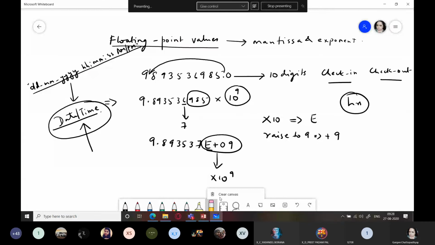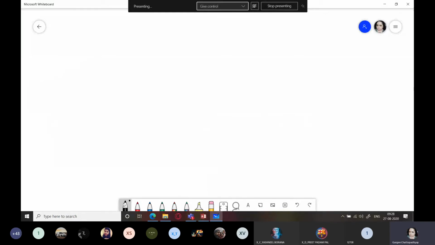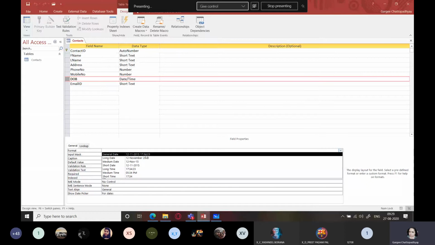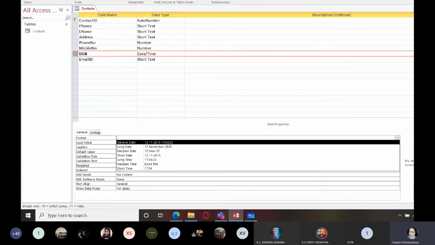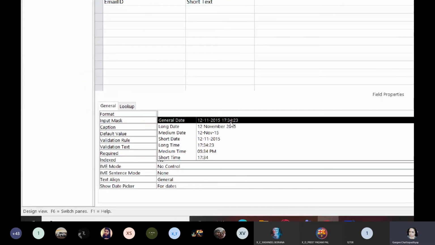So the format used is DD dash MM dash Y, and along with this hours, minutes, seconds. So that is the format which is used, the very first one. And the date and the time is in which format? Can anyone tell me? Is it in the AM PM format or 24 hours format? Is it in the 12-hour format or the 24-hour format?